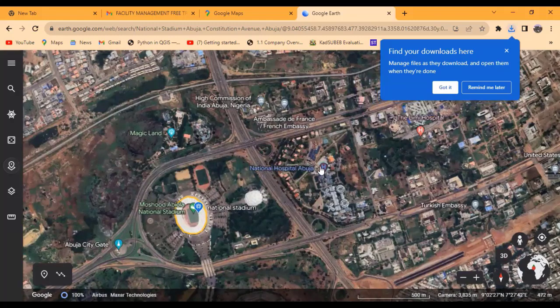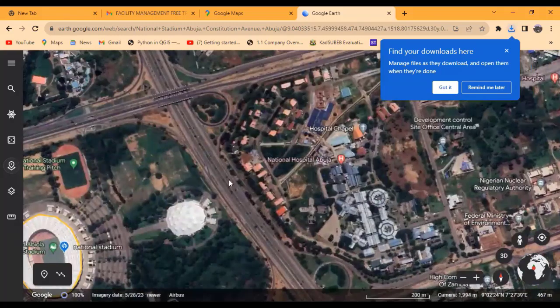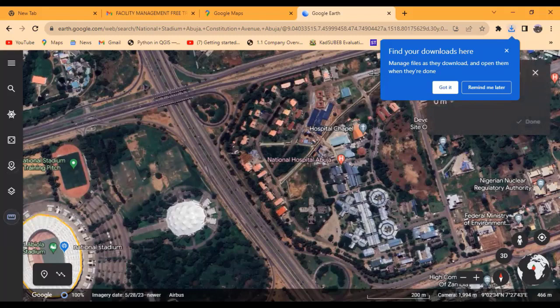How will you know the kilometers covered? Because you cannot just use your eye gauge. So how will you do it? The last icon here, measure distance and area. If you click on it,